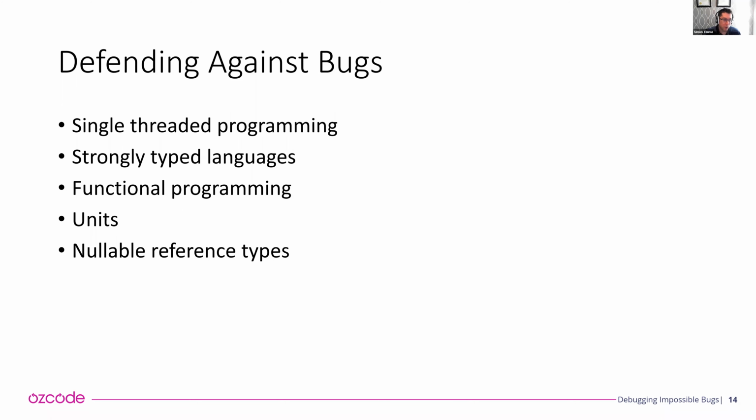Functional programming languages are another excellent tool to avoid bugs. And this is probably the super controversial topic here, that I think that if you write in a language like F# or Scala, you're going to end up with far fewer bugs than you would if you wrote in a language like C# or Java. And that's because functional programming languages introduce a lot of powerful concepts, especially around immutability,